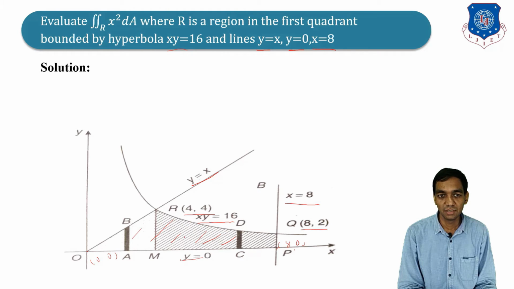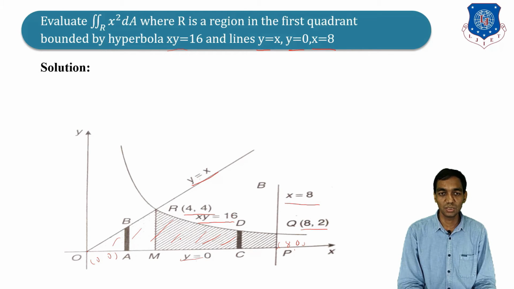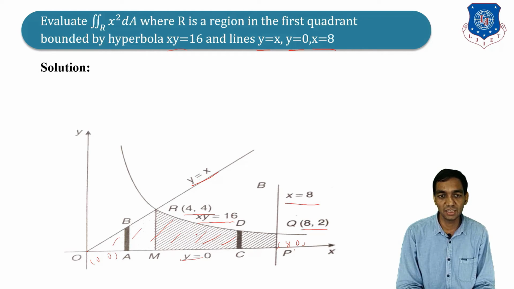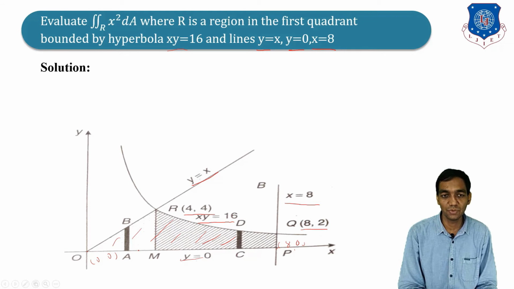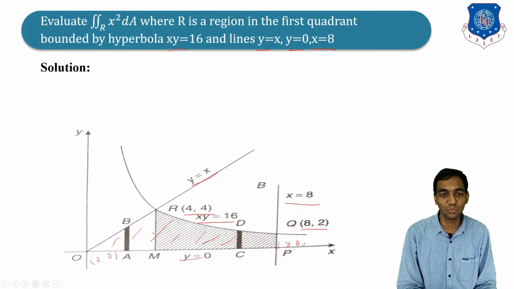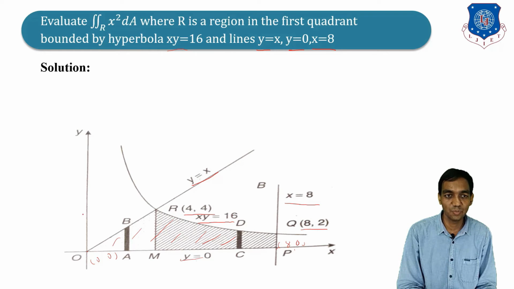But if you have to integrate, then in that case, you have to divide this region into two parts. Because see, whenever you are going to take the integration, you have to put the limits of x and the limits of y. So first, if you are going to put the limits of y, then you have to draw one strip parallel to the y-axis. So here we have drawn one strip parallel to the y-axis. This strip is from A to B. Okay.